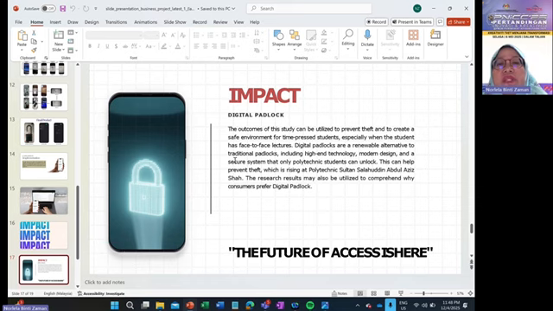Digital padlock is a renewable alternative to traditional padlock, including high-end technology, modern design, and a secured system that only polytechnic students can unlock. This can help prevent theft, which is rising at Polytechnic Sultan Salahuddin Abdul Aziz Shah. The research result may also be utilized to comprehend why consumers prefer digital padlock.